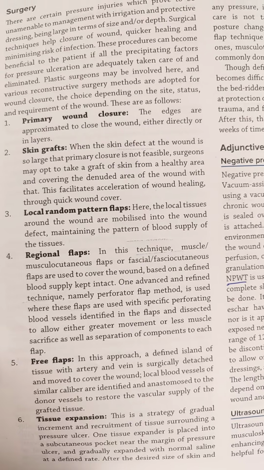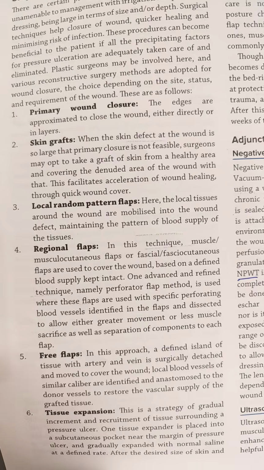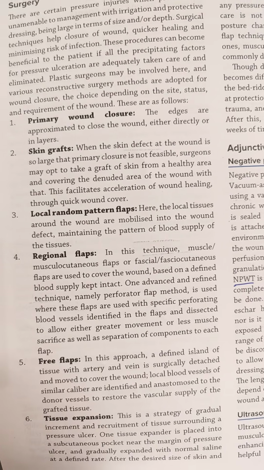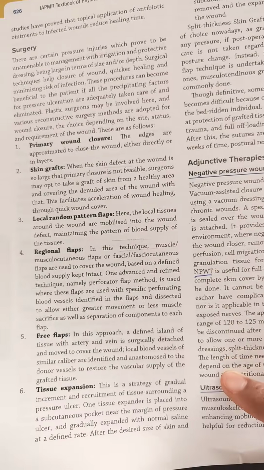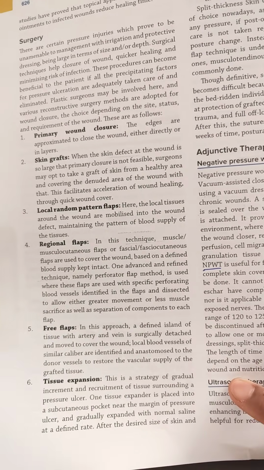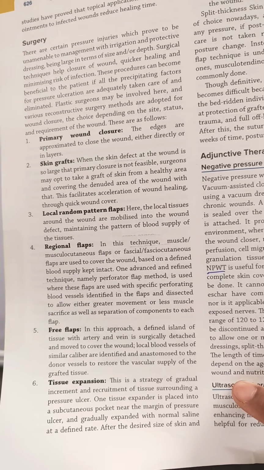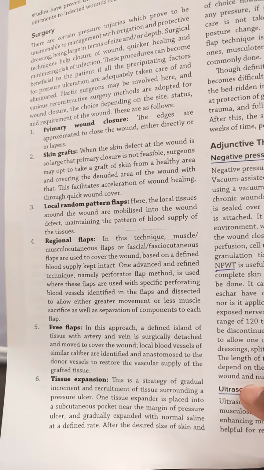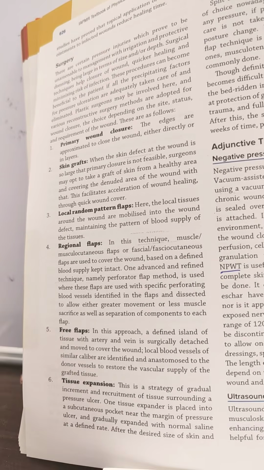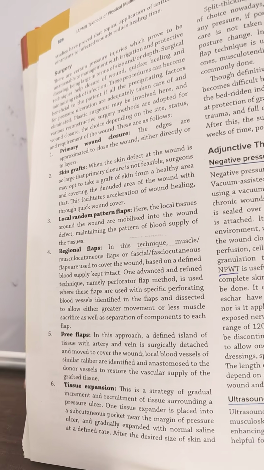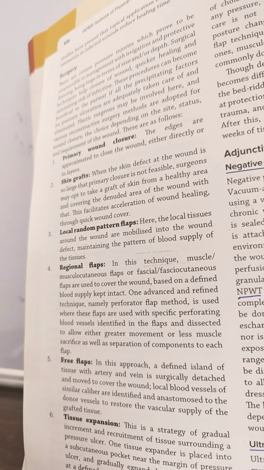Local random pattern flap: local tissue around the wound is mobilized into the wound defect, maintaining the pattern of blood supply of the tissue. Regional flap: in this technique, a muscle, musculocutaneous flap or fasciocutaneous flap is used to cover the wound based on a defined blood supply. An advanced and refined technique, namely the perforator flap method, uses flaps with specific perforating blood vessels identified in the flap and dissected to allow either greater movement or less muscle sacrifice, as well as separation of components